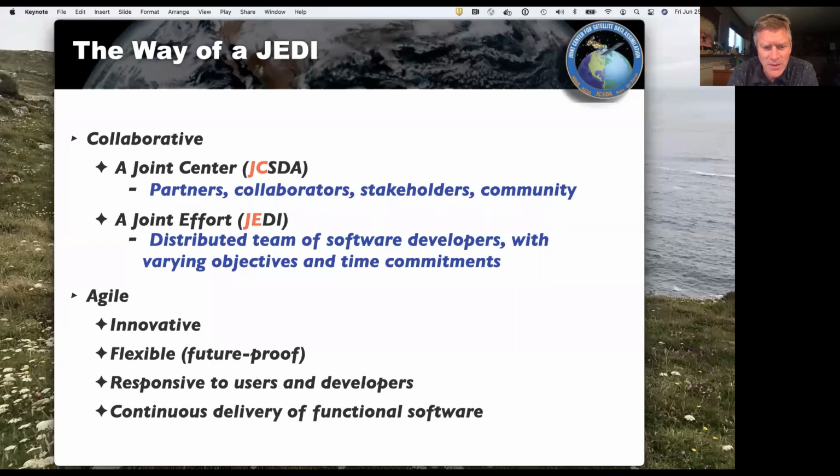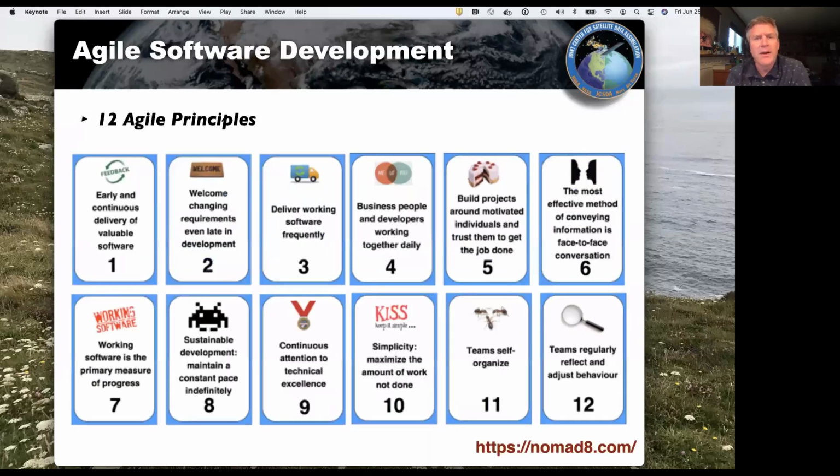And continuous delivery of functional software. That's kind of the bottom line, and that's elaborated a bit on this slide. Again, there are different Agile approaches. The most famous one is called Scrum, which outlines in a little more detail what exactly a project management strategy is.